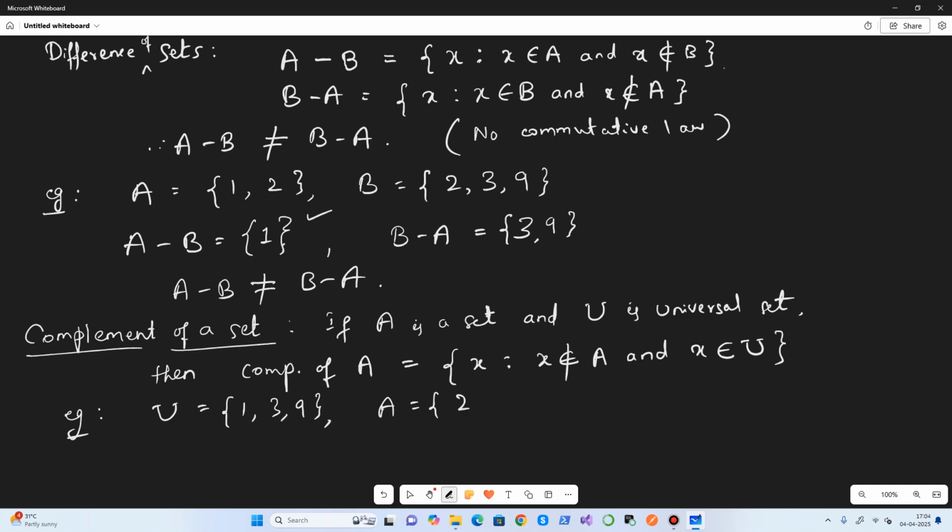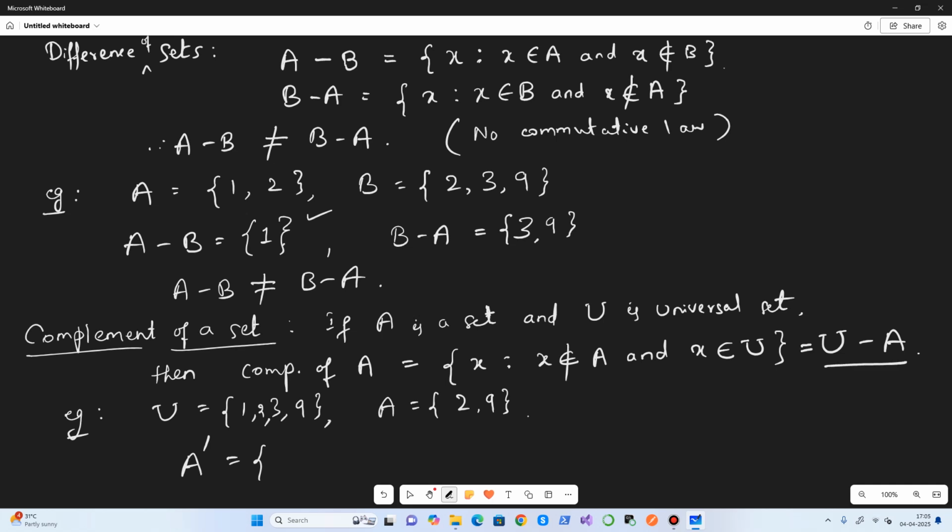What is A complement? We represent it as A dash: collect all the elements in the universal set which are not in A. This definition is the same as saying U minus A. All the elements in the universal set which are not in A is nothing but the complement of A.